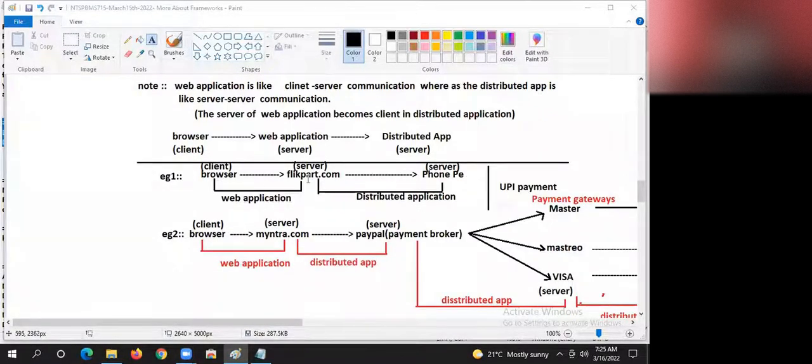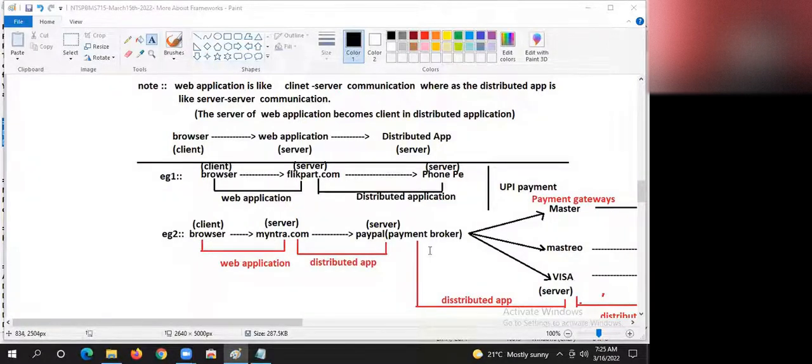Browser is giving credit card details to flipkart.com. Sorry, browser is giving UPI details to flipkart.com. Flipkart.com is talking to PhonePe. Now tell me, browser to flipkart.com is a web application, and flipkart.com talking to PhonePe, a distributed application, is server to server communication.